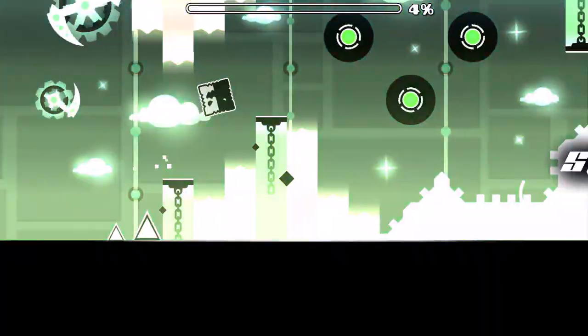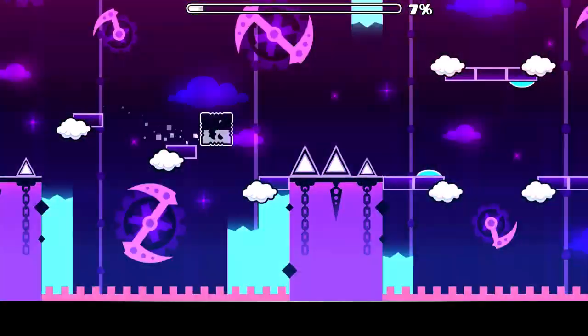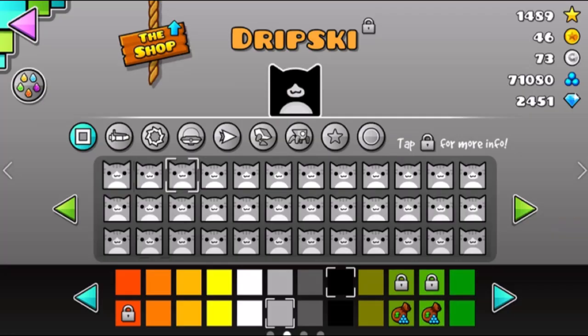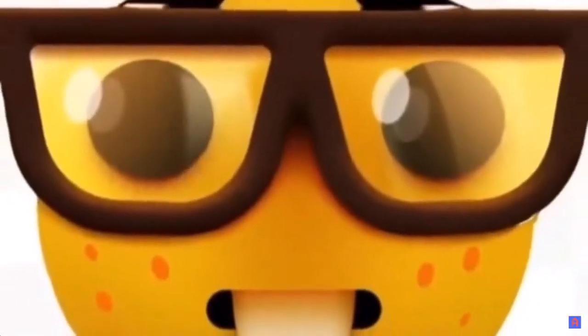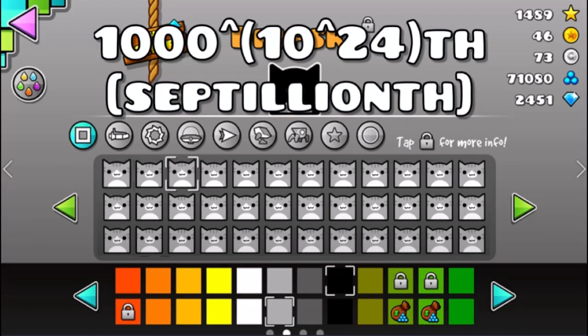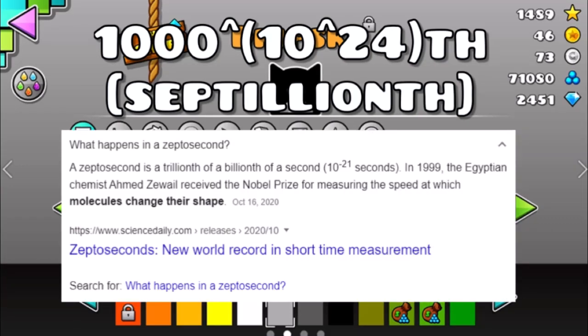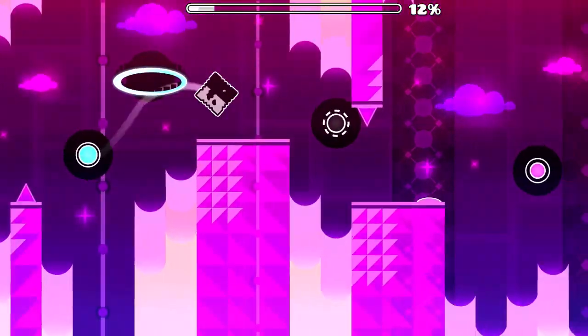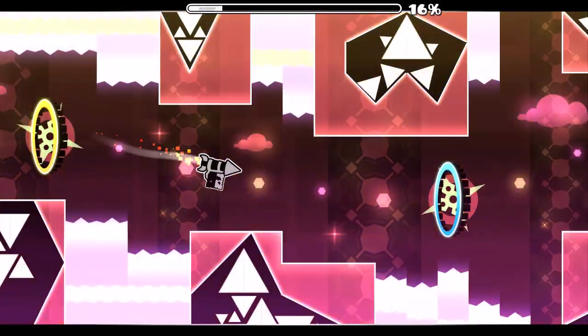As I was saying, this icon is really unique because it definitely stands out from everything else we just saw. Because if you're observant enough, you would notice that according to Newton's first law of motion, every object will remain at rest unless forced to change its state due to an external force. If you watch this video very closely, then you would notice that I moved my cursor on the screen for a little bit. If you didn't notice, that's for a mathematical reason. Because if I moved my cursor on the screen for 1 out of 1,000 raised to the 8th power of a second, or a septillionth of a second, scientists call this a zeptosecond, which is the shortest unit of time, therefore impossible to notice at first glance, and it's physically impossible to pause at the right time without